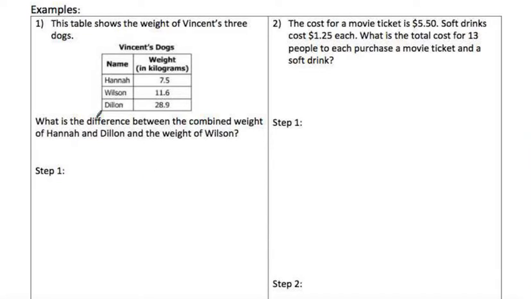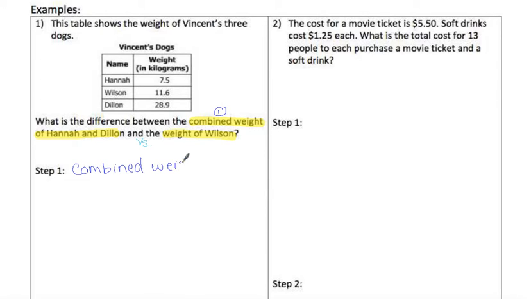So if we look at the table here, we have the weight of the dogs, the weight of Hannah, Wilson, and Dylan, and we are looking for the combined weight of Hannah and Dylan versus the weight of Wilson. And if you want to, put a little versus there. And so in order to solve this problem, the first thing that we need to do is find this combined weight. So step one, we're going to find the combined